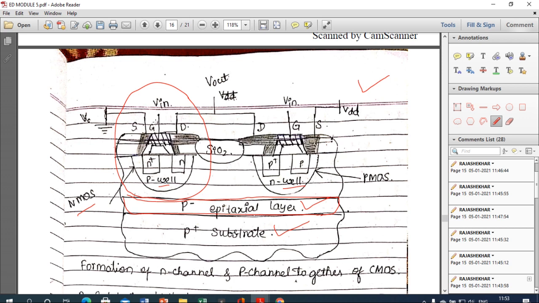We call it NMOS, and now this is a PMOS, and for this PMOS we have to choose an N well. The N well acts as an N substrate where the majority charge carriers are electrons, and here P plus and P, these two are the doped regions in the N well, which are holes or the majority charge carriers. Again it has three terminals: drain, gate and source.